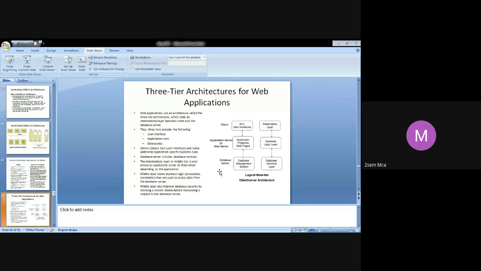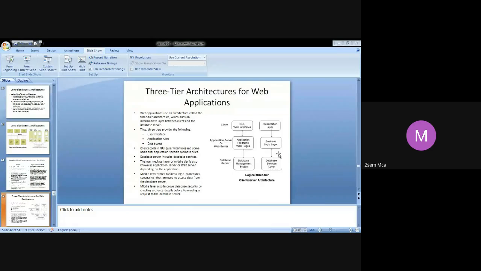And then you have the bottom layer, which includes all the database management services. Now, if I split this, you have a database service layer. If I try to split this into a web server and a database server, then it becomes a 4-tier architecture. What you are seeing here is an example of a 3-tier architecture. You have a presentation layer, as I said, it will connect to the users. You have a business logic layer, which is going to take care of the business rules, like any data constraints, all that. Then you have a database services layer.